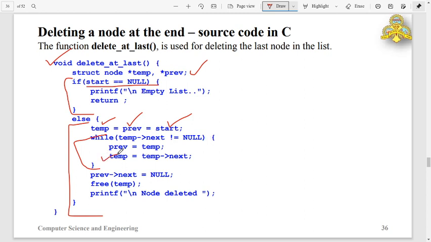Update temp with the next node's address. Before doing that, store the current temp address in the previous pointer. So after this while loop, previous points to the last but one and temp points to the last node. Now the previous node's next pointer is initialized with null value, and the last node will be removed from the computer's RAM memory by sending the address to the free function. So this is for deleting a node at the end of the linked list.